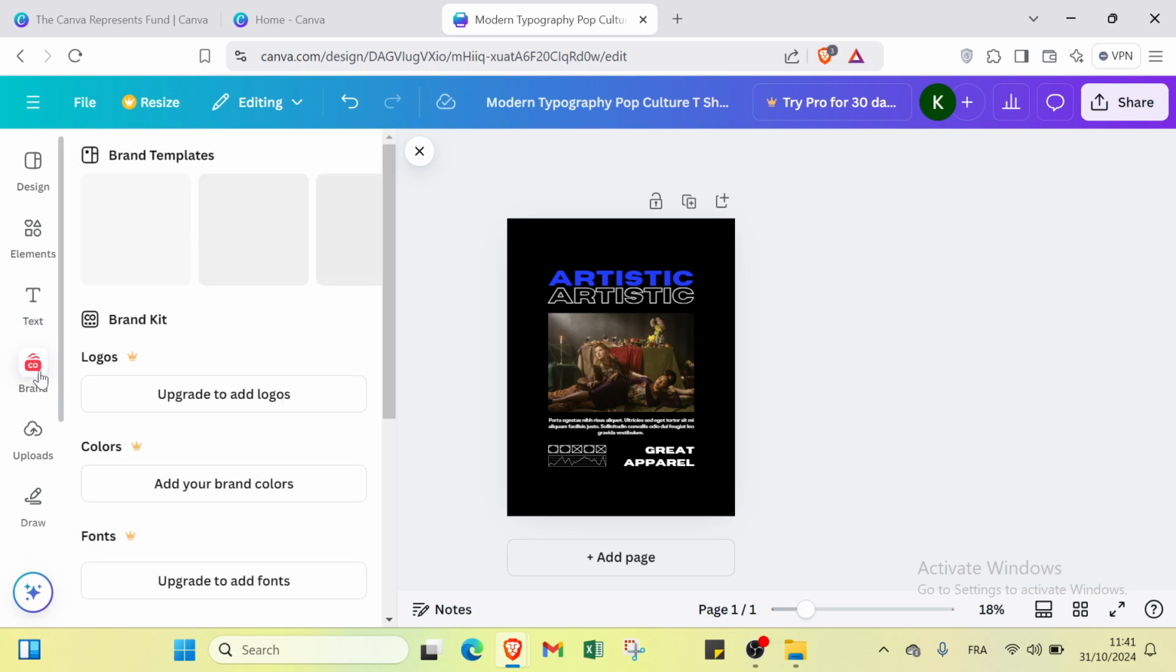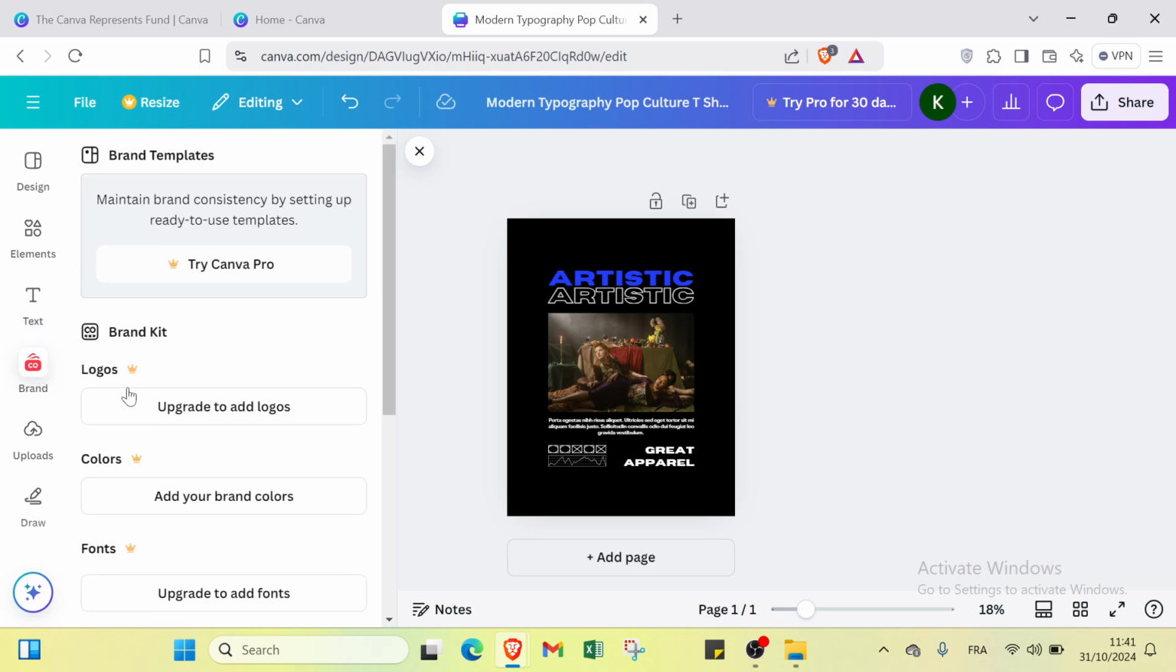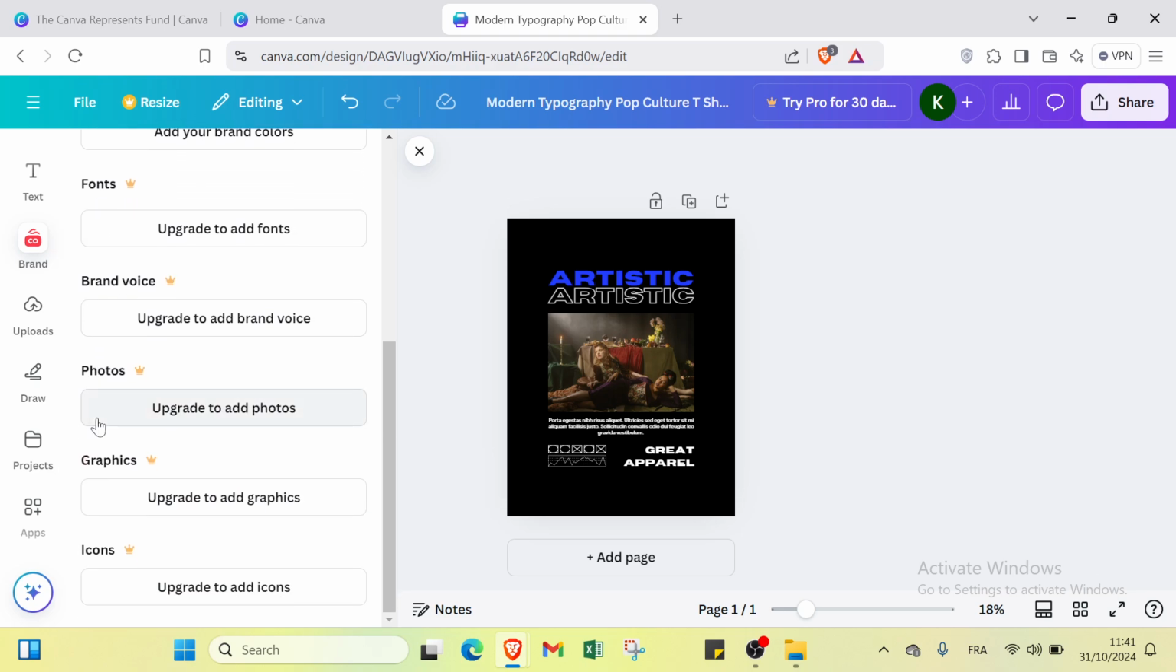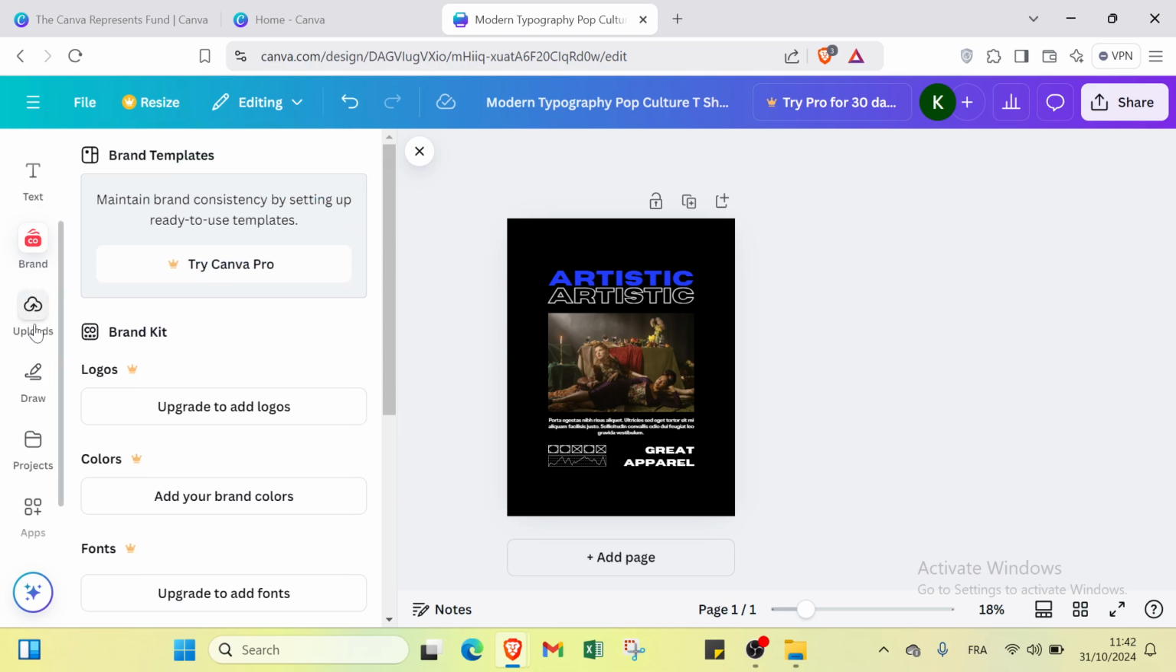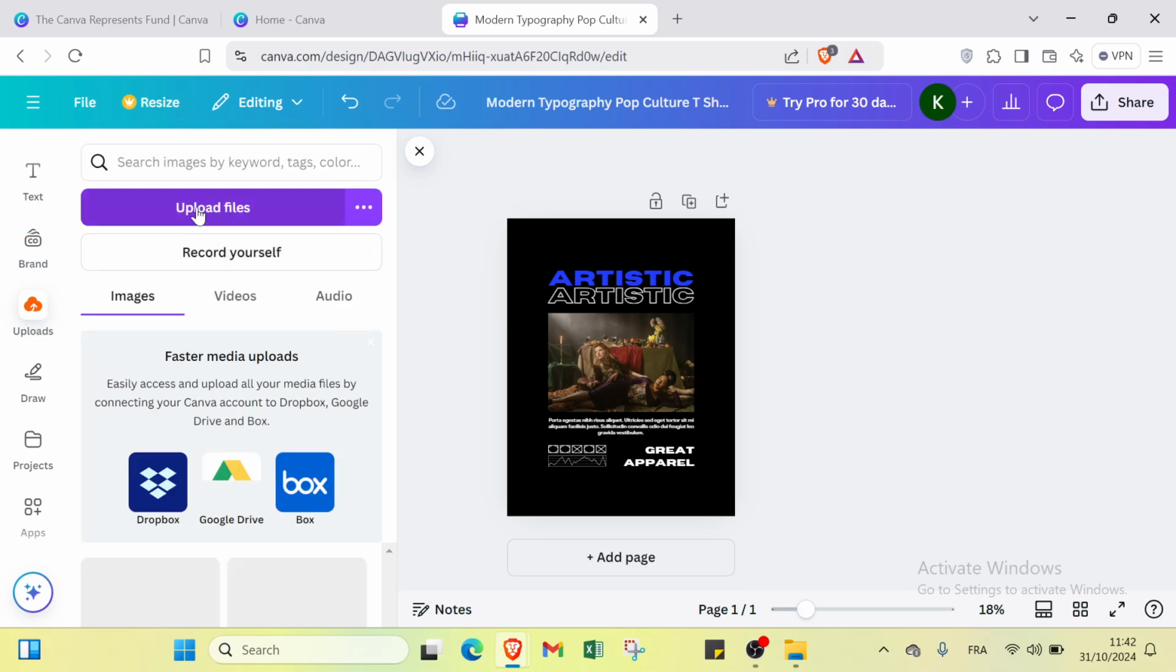Then we have also brand. So about the brand, you can upgrade to add logos, colors, fonts, print files, photos, graphics, icons, but this one is pro, you have to pay, then you will get it. Then we have also here uploads. For example, you can just upload files